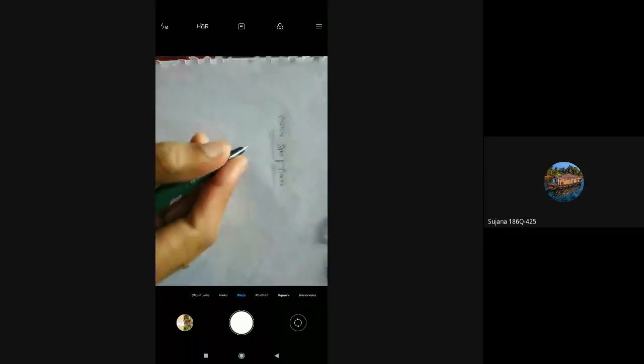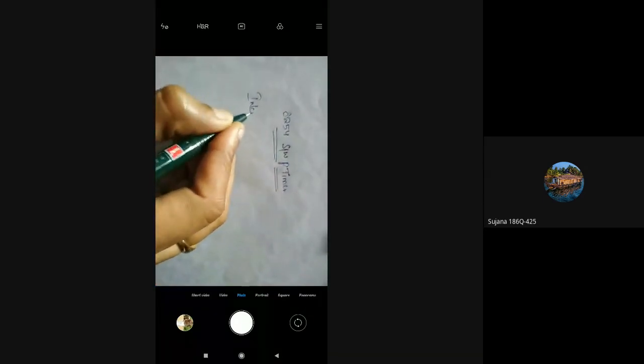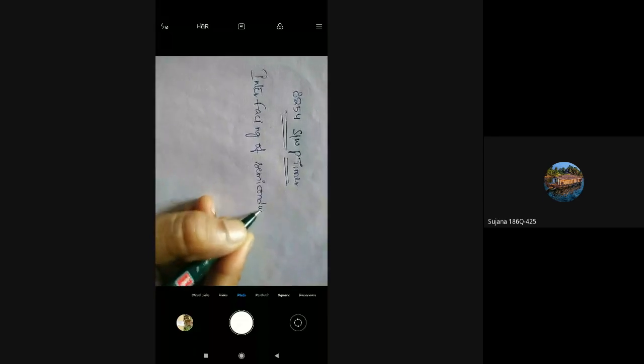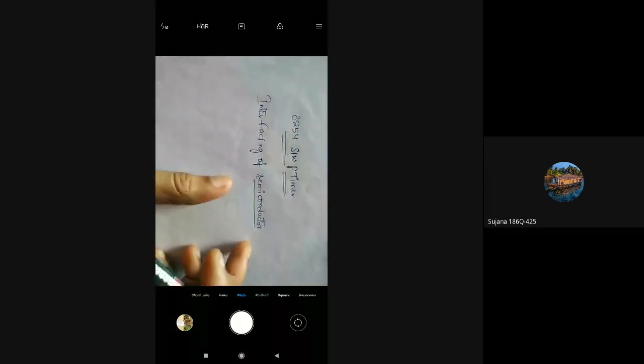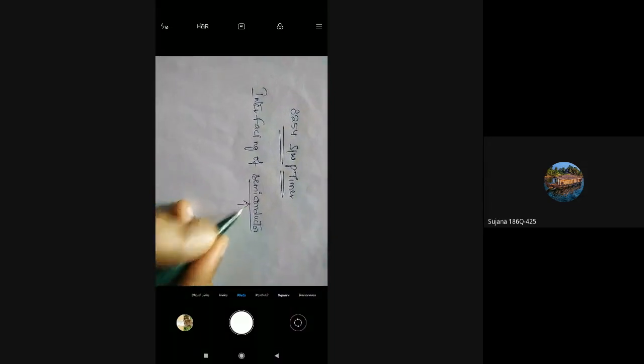So previously we have discussed about interfacing of semiconductor memories. I have explained what a semiconductor memory is. Semiconductor memory is a memory device which is used to store some data.